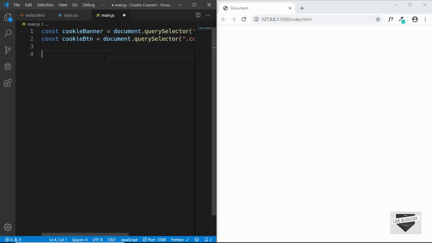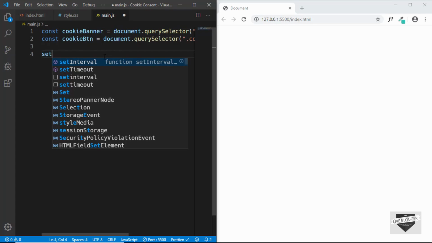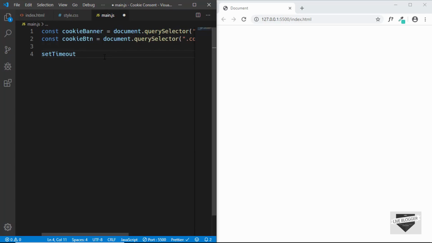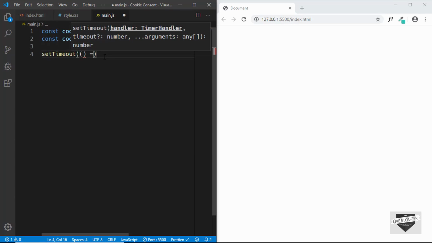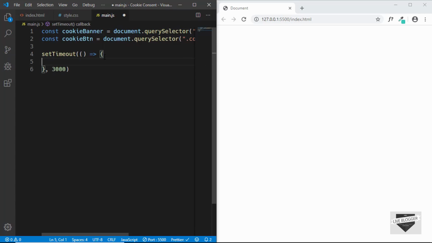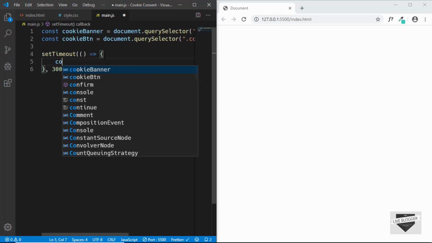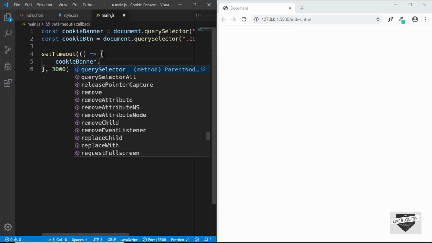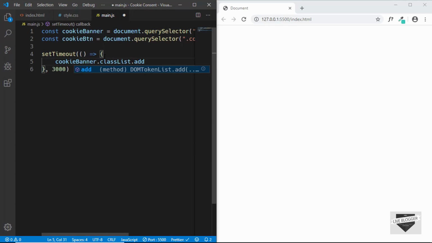Now we want to show the cookie banner after 3 seconds. So for that we will use a function called setTimeout. So you will type setTimeout, and in that we'll create an arrow function, and we'll set the time to 3 seconds. So for that we have to type 3000 because it is calculated in milliseconds, and here we have to add the active class. So we'll type cookieBanner.classList.add active,